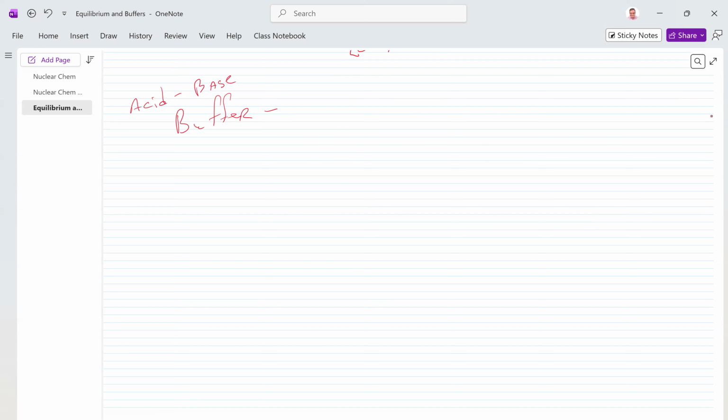A buffer will maintain a given pH. So let's say we had a 4 pH buffer. Now remember, the buffer will do things to keep the pH at 4 because it's a 4 pH buffer. So if we add in